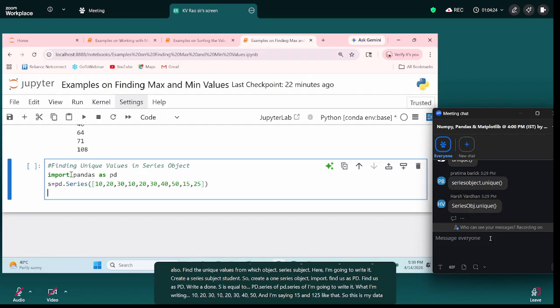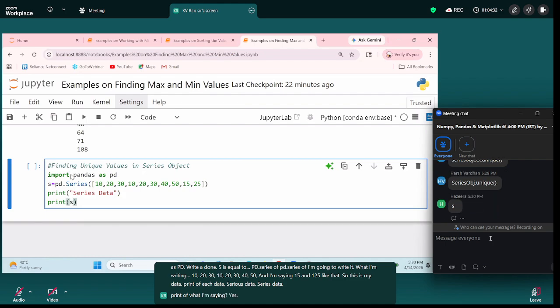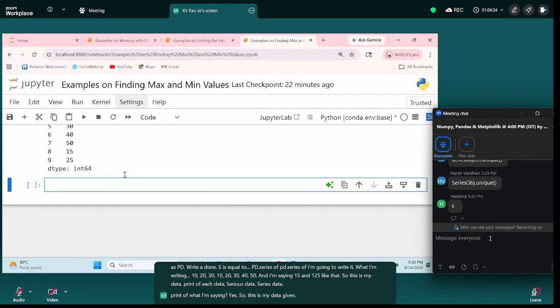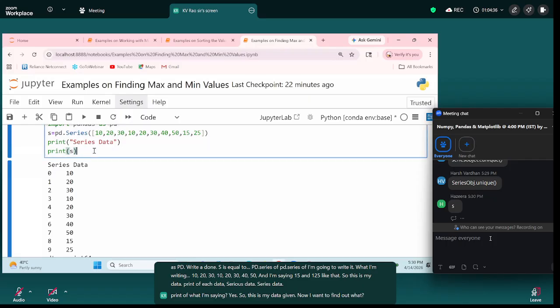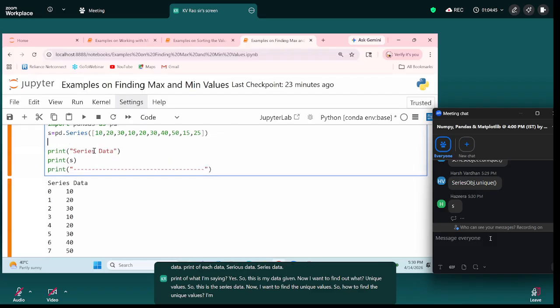So this is my data. Print which data? Series data. Print of series data. Yes. So this is my data given. Now I want to find out unique values. So this is the series data. Now I want to find the unique values. So how to find the unique values? I'm going to say: